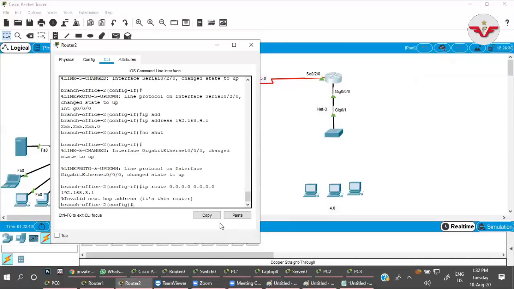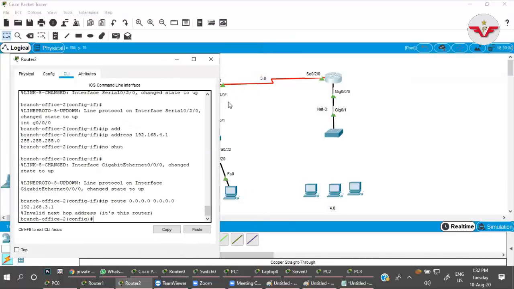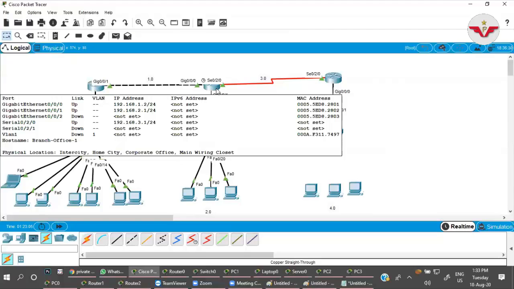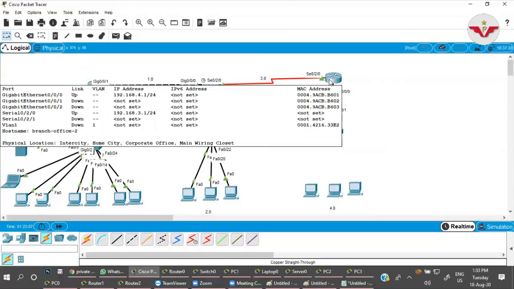It's saying invalid. Okay, I have given 3.1 on that interface as well. That is why it's giving the error message.